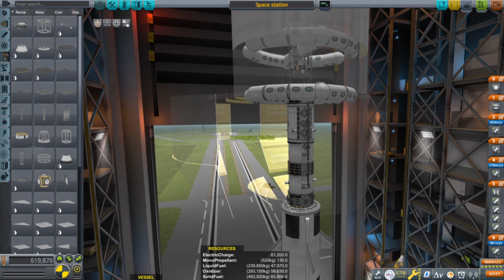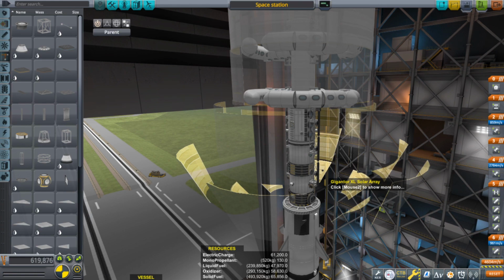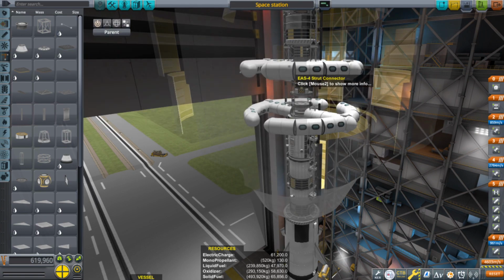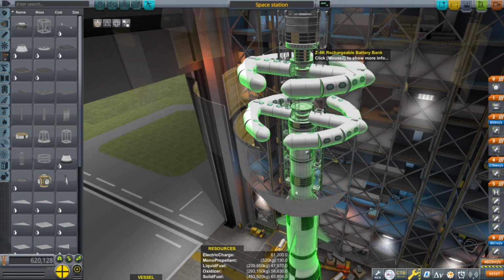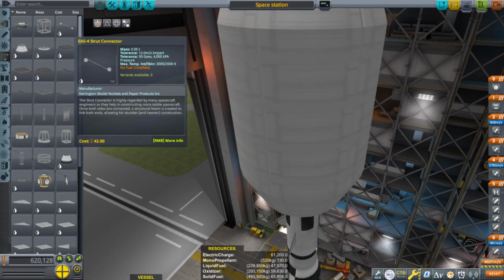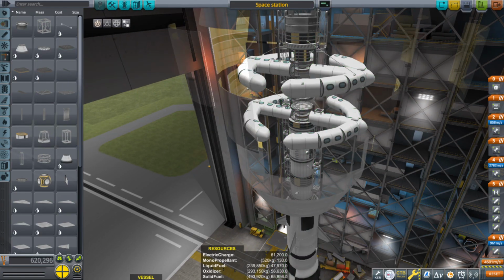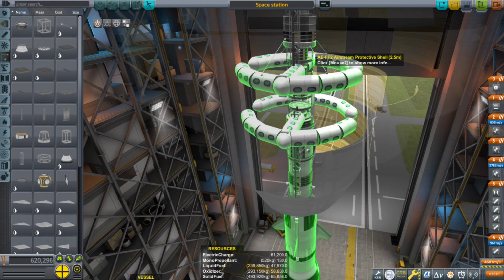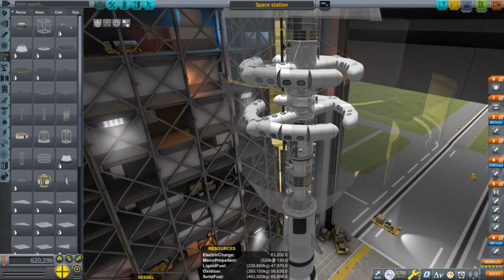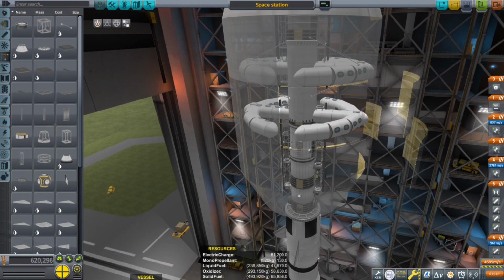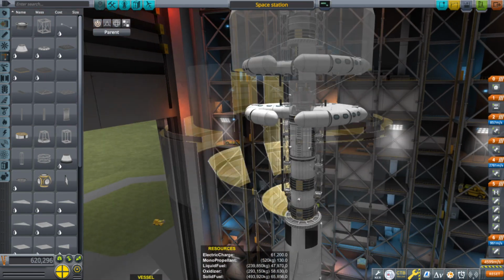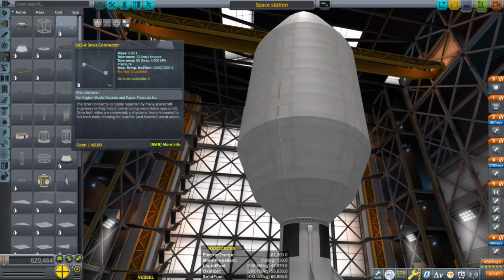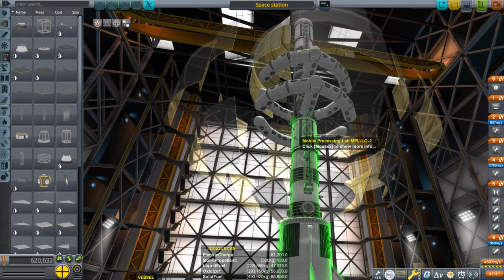I am going to strut these panels, all these solar array panels to here. And I'm also going to strut these two here. So I'll be using a couple of struts. And the reason why I don't have any engineers, I'm going to have an engineer on board, not an engineering guy. I'm going to have an engineer on board who will remove the struts, but also there's this little feature